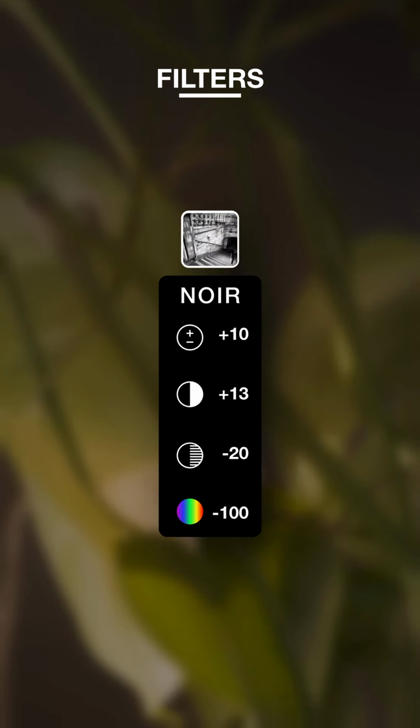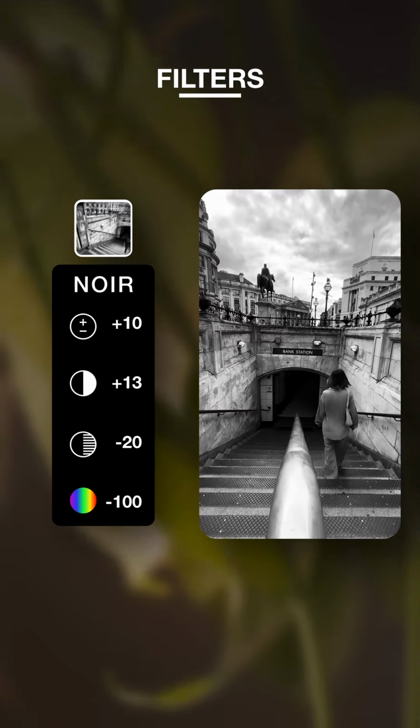Finally, let's have some fun with the iPhone's native filters. When it comes to filters, it's important to understand that they are essentially a series of edits and corrections applied all at once. However, they don't always work for every image or video. To truly leverage the power of filters, it's recommended to start with a